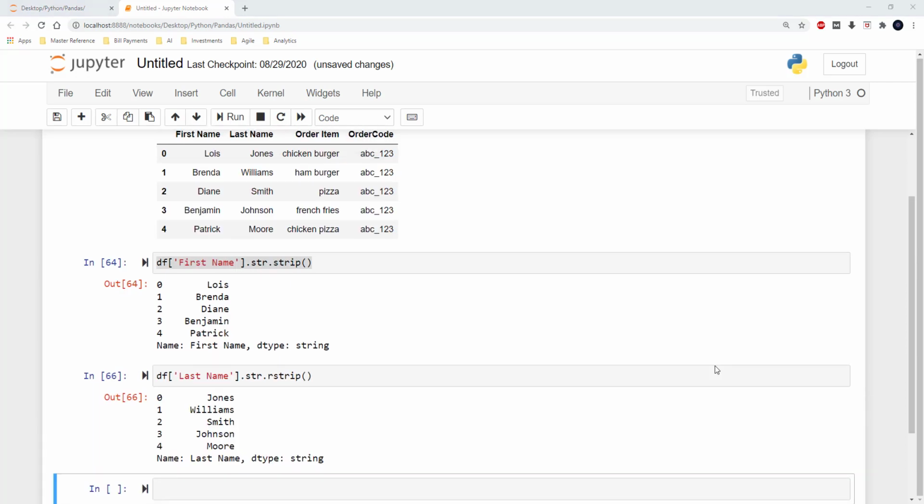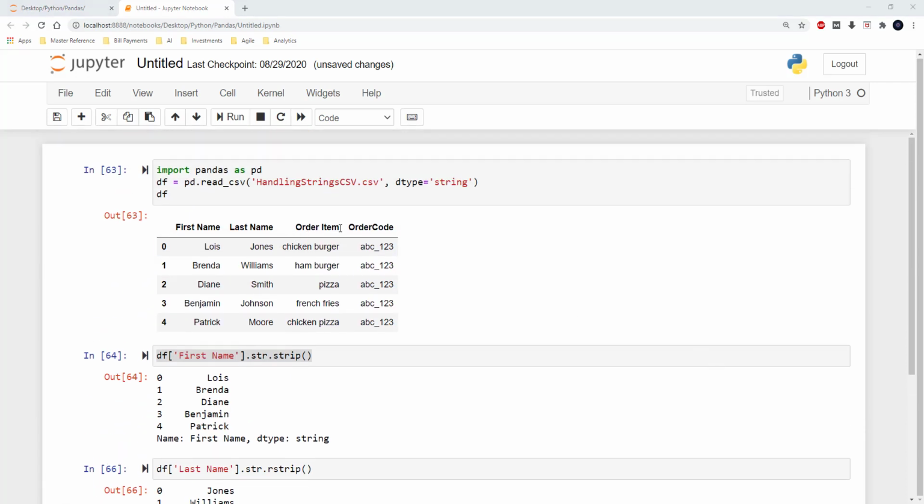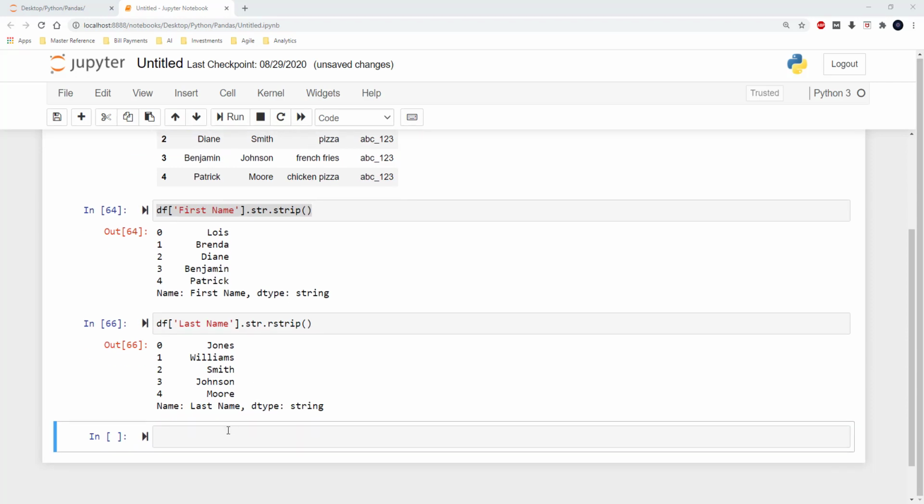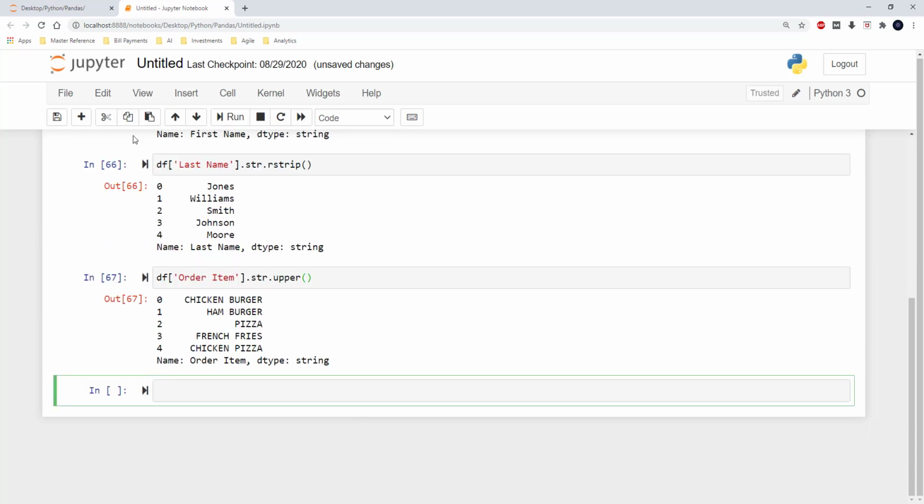Now here in this data frame, there is an order item column, and it has values: chicken, burger, hamburger, pizza, etc. And all these values are in small letters. If I wanted to convert them to capital letters, then I can just select the df order item column and then str, then I can use the upper method, and this upper method will convert all the values into capital.